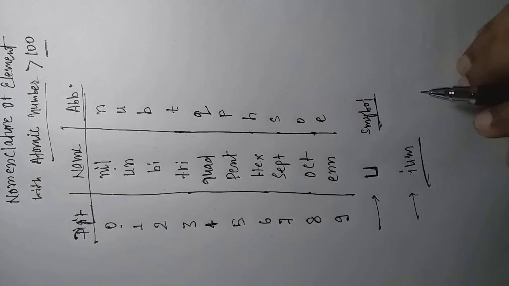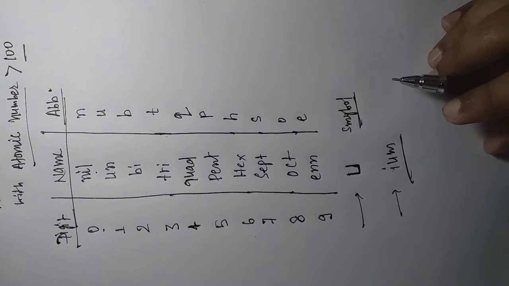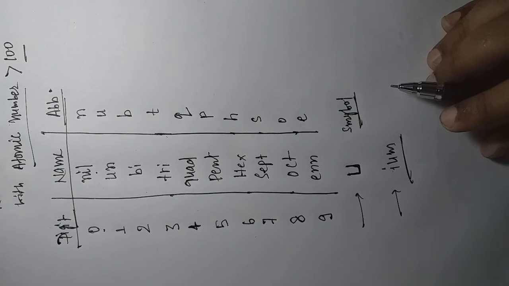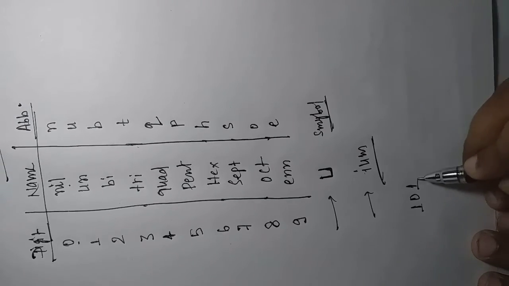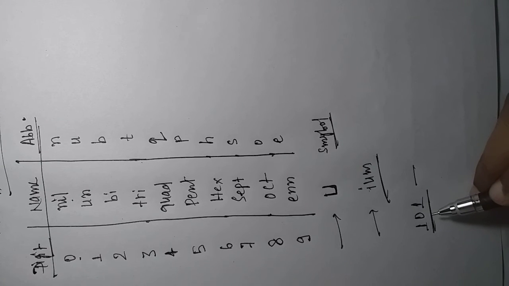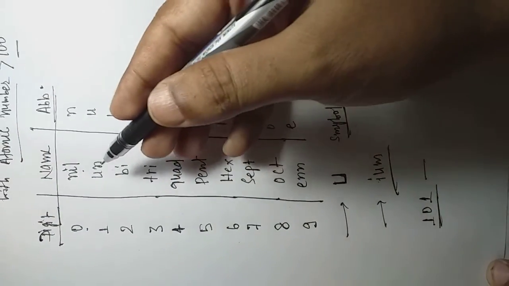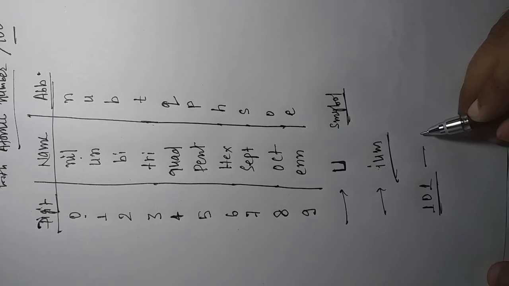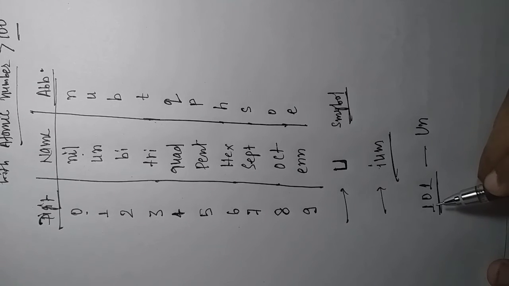Now we go through some examples. This is a frequently asked question in your examination, unit test or final test. You will get one question every year. If they ask you to write the name of element 101, which has atomic number 101, it's quite easy. The first 1 is un. Look at the table and just collect your data from it. So you simply write un. Then we have 0.